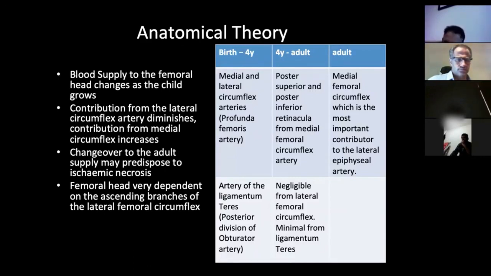So for me, the anatomical theory makes the most sense. You've got a blood supply to the femoral head, which changes as you grow. The contribution from the lateral femoral circumflex artery is important in development. In adults, it's not necessary, but in the earlier stages, the contribution of the lateral femoral circumflex artery, which is a branch of the profunda femoris, is really important. I've put the other contributors in the table there, and that's important in the next slide, because